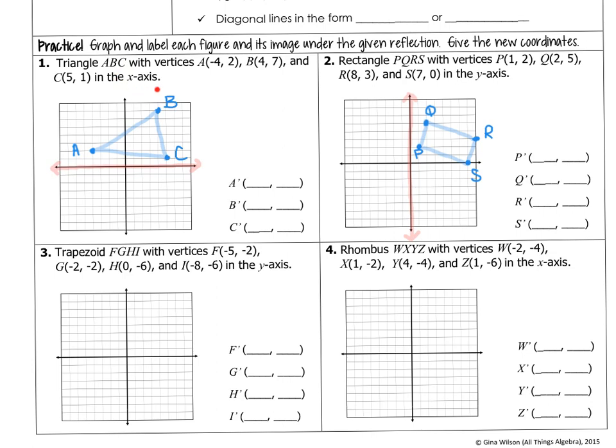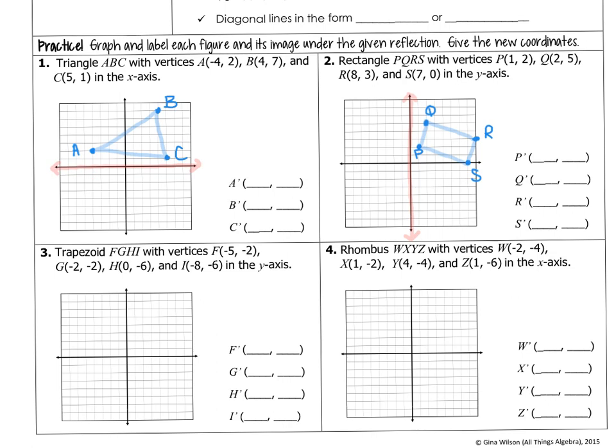it about the x-axis. So I actually pre-drew triangle ABC. And what we want to do is reflect it across the x-axis, so this red line that I drew in here. Okay, so what you do is you want to make a perpendicular line from the point and then go equidistance away. Do you see how point A is 2 units away from that line of reflection? So then we're going to go 2 units away on the perpendicular line across the x-axis, and then we'll label